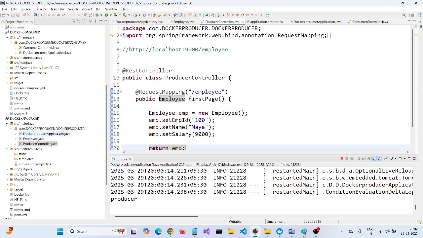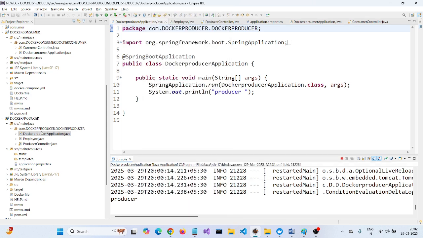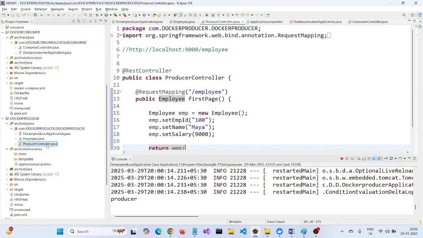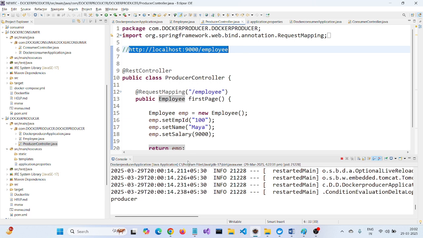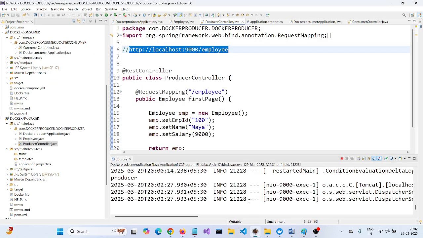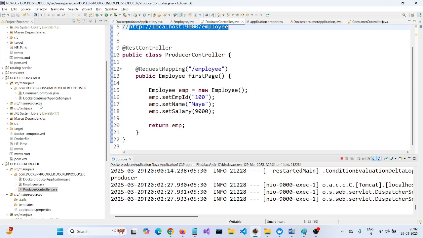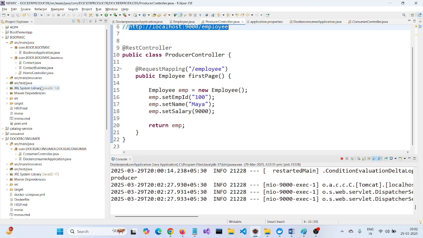So this is my Docker producer application. I will start it. The producer is already running, and this is my controller for the producer. Now I'll start a browser and open this. I'm able to get 1000, Maya and 9000. It means it's running properly. Now through the consumer. The consumer is running on port number